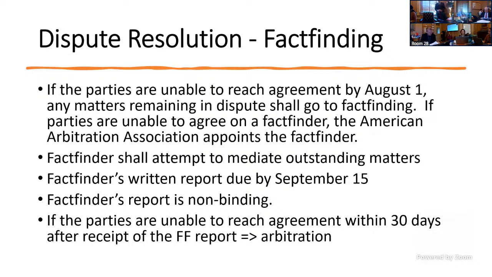And then if the parties can't reach agreement within 30 days after receiving the fact finder's report, then they go to arbitration. So often what happens when you get a fact finder's report is that you've had a neutral party look at the positions the two parties are in. And so it gives each side an opportunity to weigh what they're seeking and then what the fact finder found. And often reasonable parties will then sort of reevaluate their position. Maybe they were really dug in on a particular issue. The fact finder wasn't buying it. You get a report back from the fact finder and it's like, oh, okay, that's a sort of weather check. Like, okay, maybe we need to rethink that.